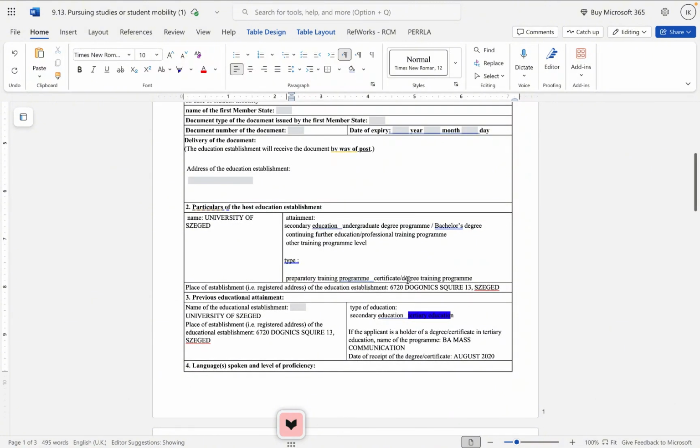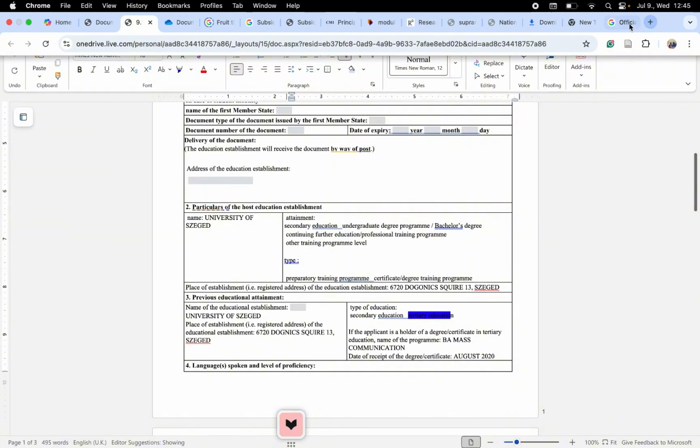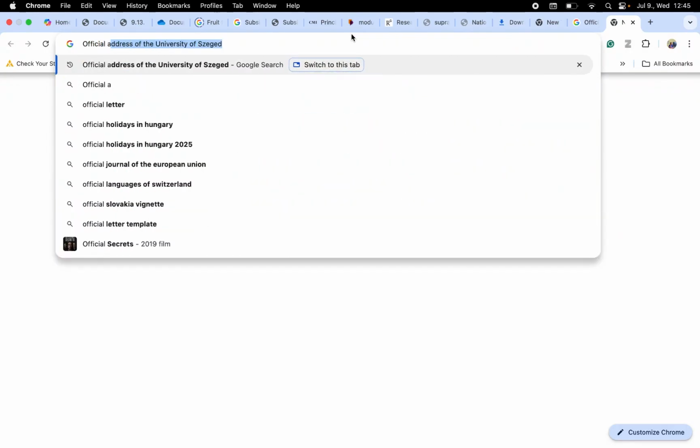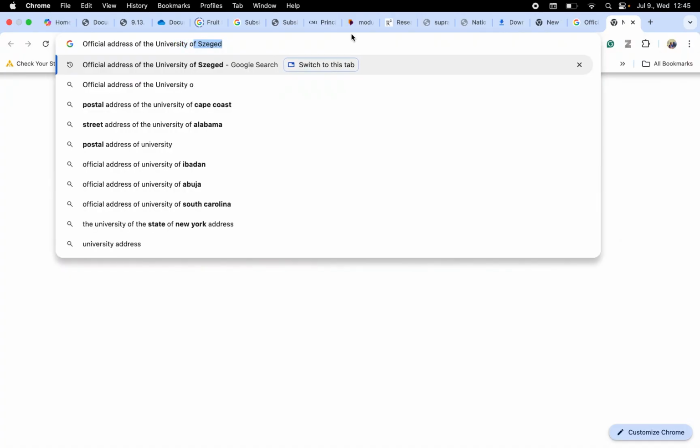And then what is the address of this particular institution that you are applying to? What is the address of the university? So the University of Szeged, this is the address. So how do you get the address? You just go to Google and search. Just say, let's say for instance, the official address of the University of